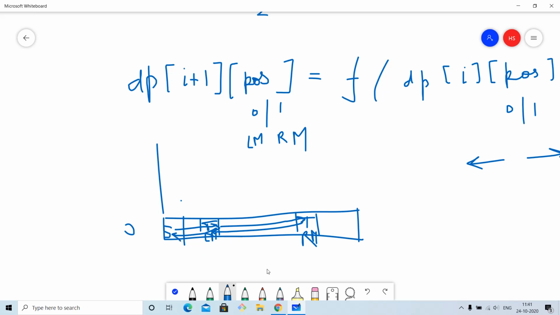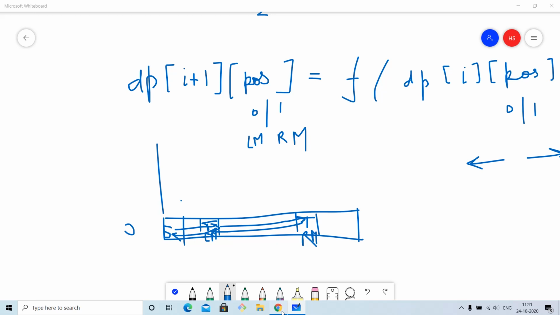So I'm trying to say that the leftmost position of the zeroth row will be this source, because it can also happen that we are going from the source to the first row. That can also be an optimal solution, because we are starting from the source. And it can also happen that there is no leftmost and rightmost treasure in this position, so then we have to go from the source itself. That is also a case.